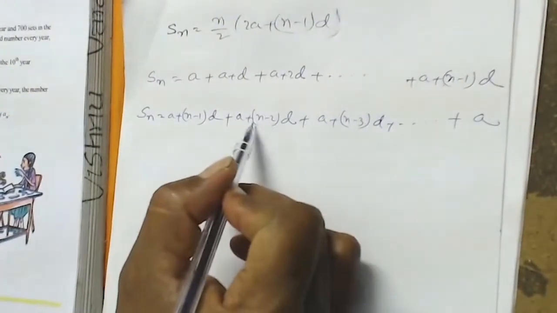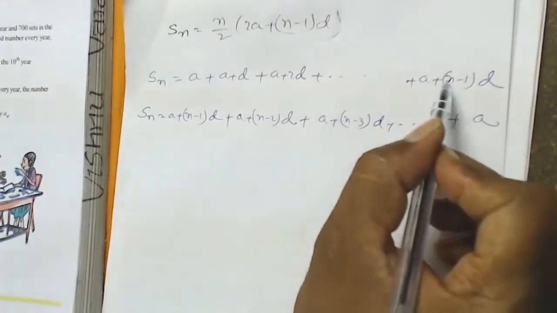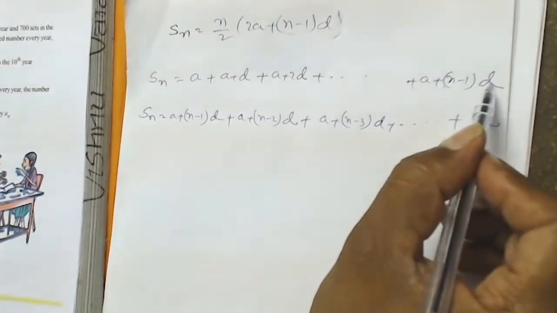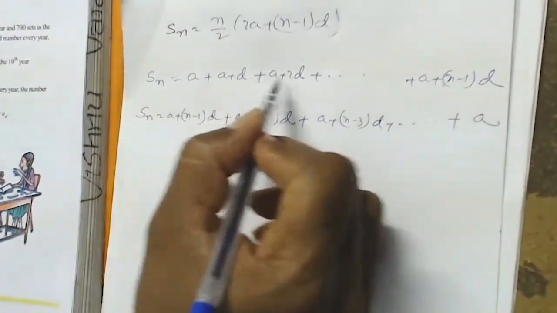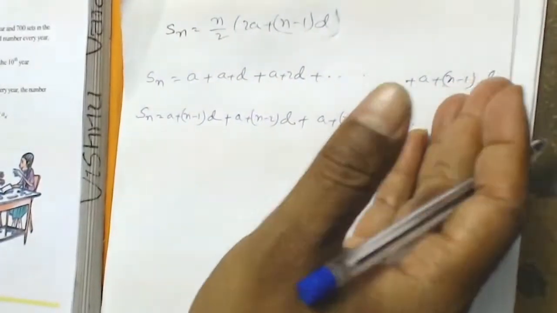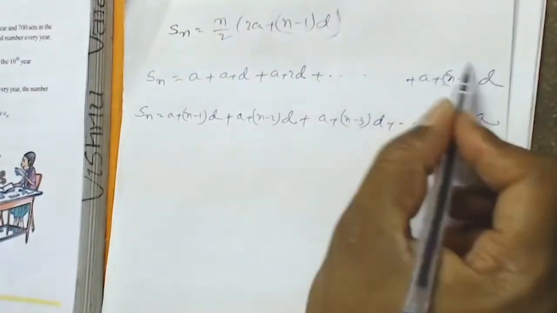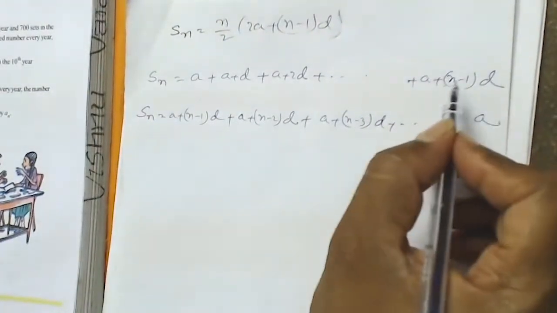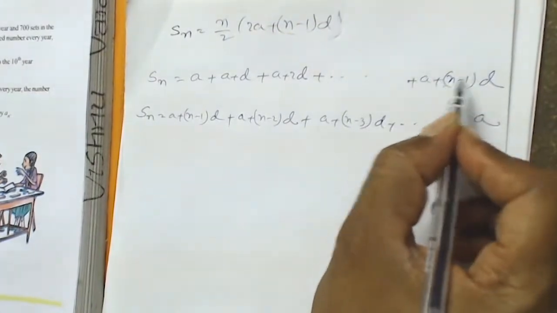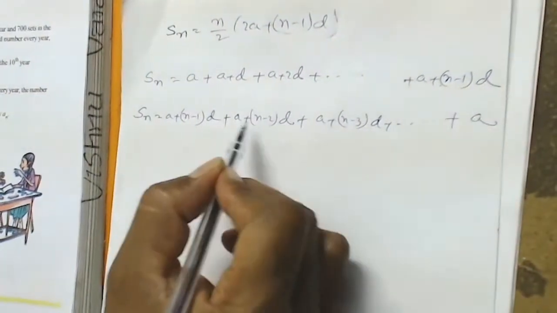See here, how you are getting n minus 2 into D: this is A plus n minus 1 into D, and again from this you have to subtract D, because the common difference you are going on adding, or not. If you want to get its previous term, it is this term minus D. Minus D means, if you take D as common, n minus 1 minus 1. N minus 1 minus 1 means n minus 2. You will get this one.